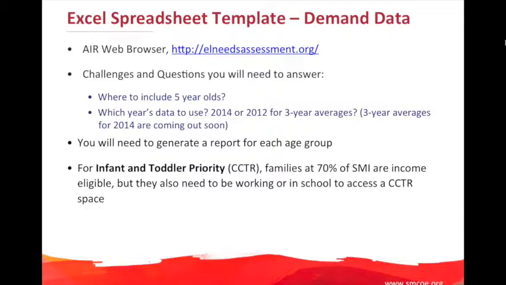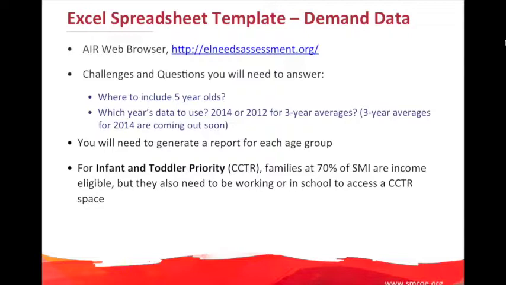Right now, it would seem that we have all 4-year-olds and all 3-year-olds eligible could attend CSPP. So I would say probably you're going to want to use for the demand the 3- and 4-year-old age cohort, but that is your choice if you feel strongly that something different is happening in your county or you want to think about it differently.